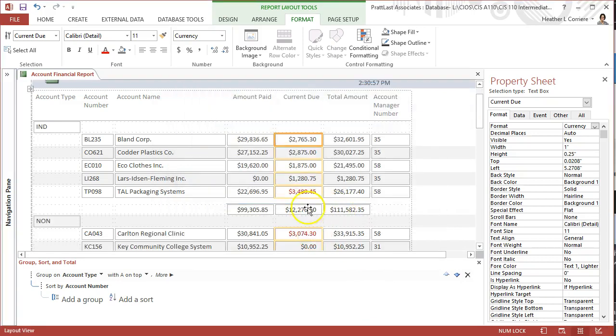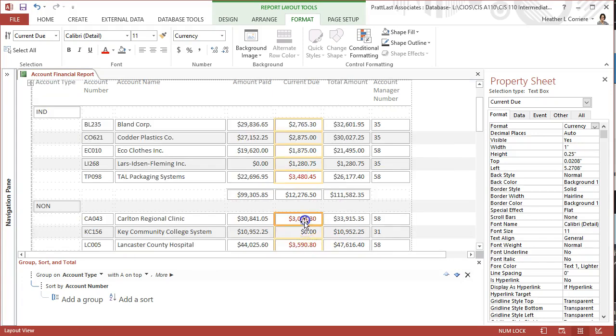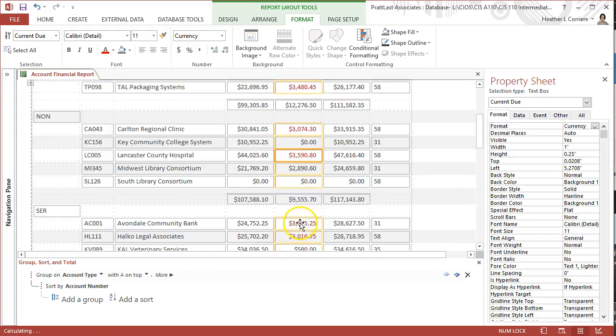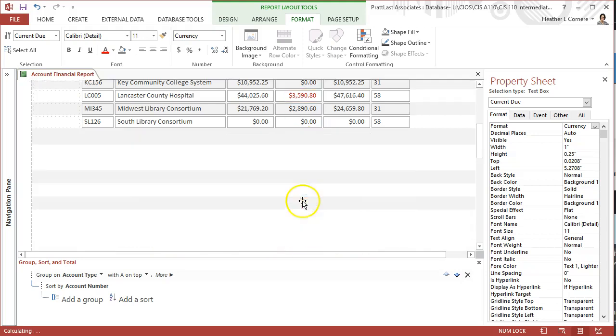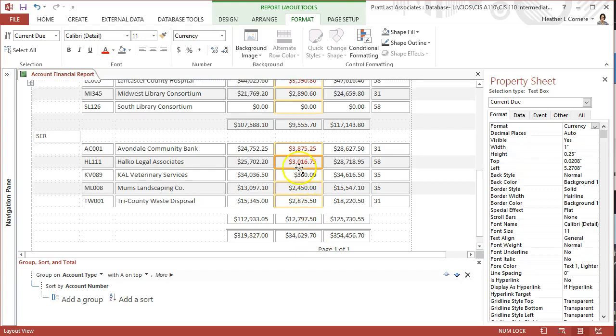And then if we scroll through, we can see, as long as we can see that dark red color, that any item over 3,000 is indeed formatted as dark red. Not the subtotals, because it knows that those are subtotals, but just any items within the